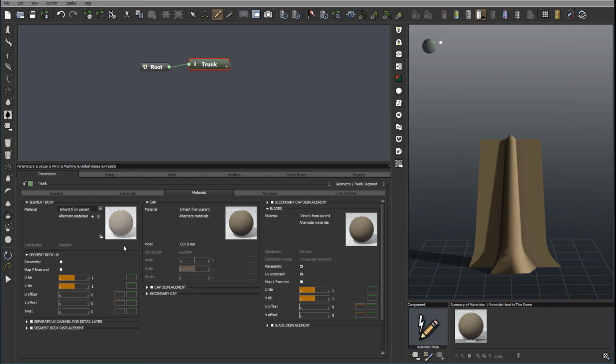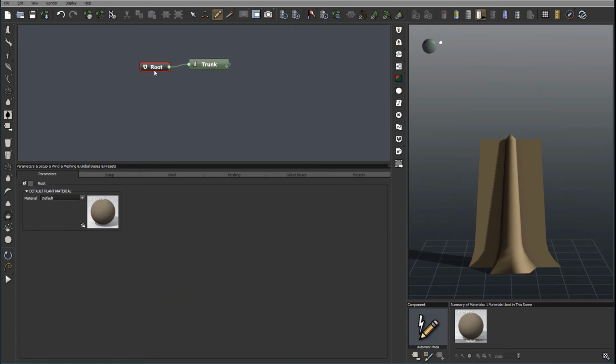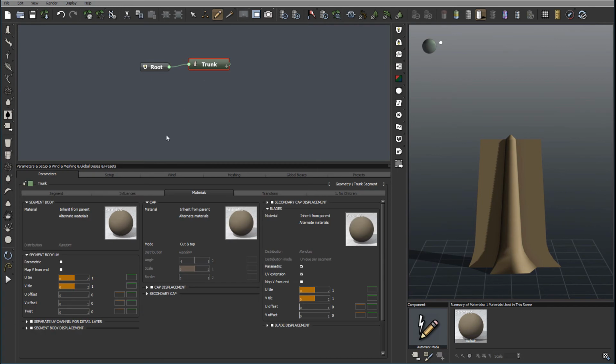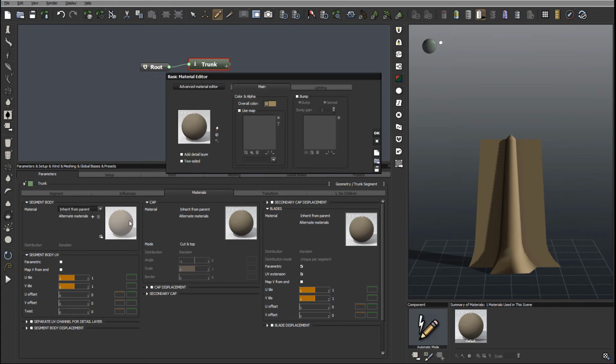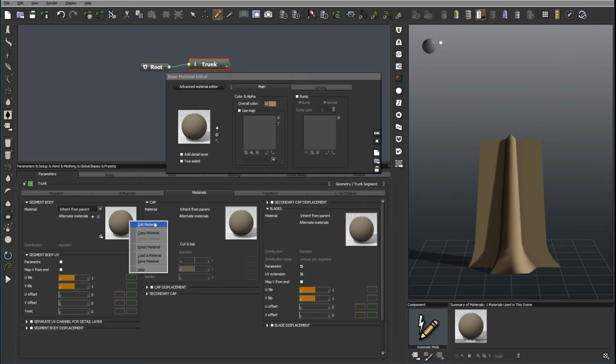So let's look a little bit closer at what we have in each area. With materials, you can notice right here, as I said, inherit from the parent. You can always switch to default, or create a new material; all are loaded, some already preset. Because we inherit from the parent, we have the root. It's not necessarily that we'll take from there, so we can create from here. Also, we have an option to alternate materials if we need it. To edit materials, we can just double click on the material itself, or right click and select edit material, all